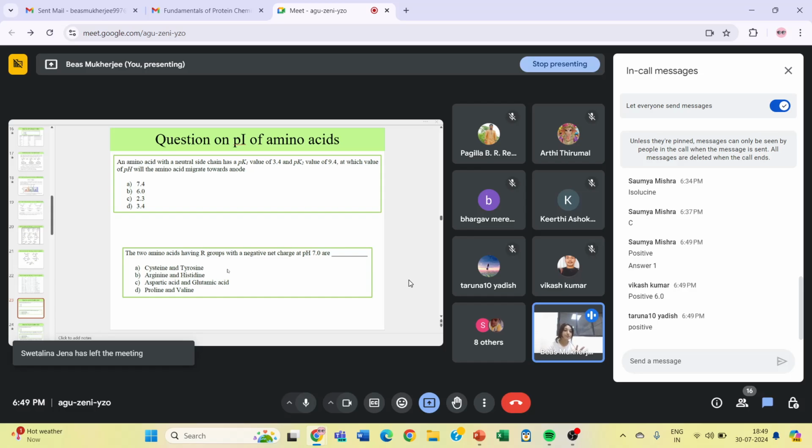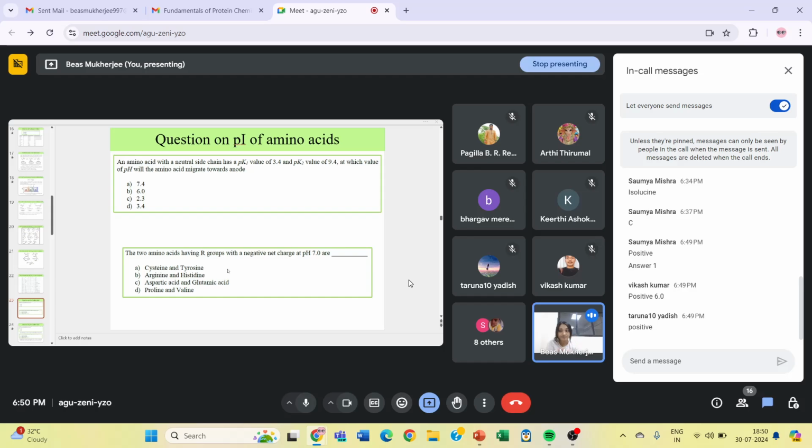Okay. So two things you need to keep in mind. Firstly, that means the amino acid should be negatively charged. That is point number one. Second point is at which pH? Below the pi or above the pi? Should it be that it will have a negative value? So that is the second thing that you need to keep in mind. Pi, I am sure you've all calculated by now. Now at what pH should it be, below the pi or above the pi,